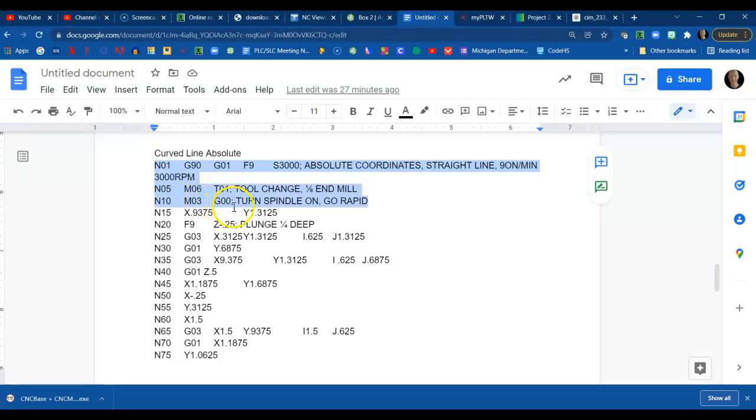Turn the spindle on and go rapid to your hover spot. Now my hover spot for this is a little different than last time. Those are the coordinates of my hover spot, and then because I'm in absolute, I'm going to tell it exactly how far to go down into the material. And then